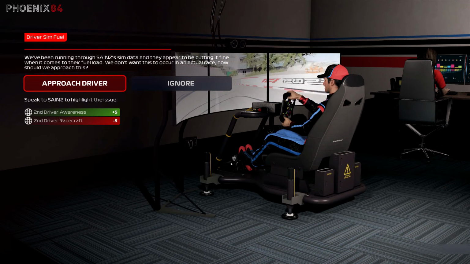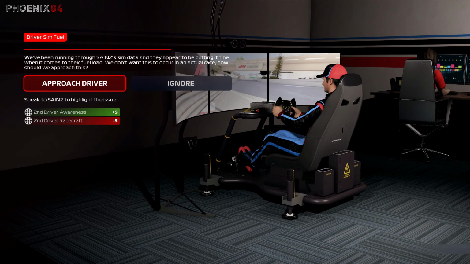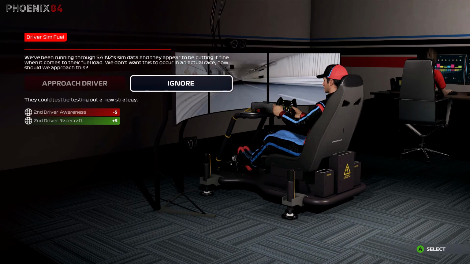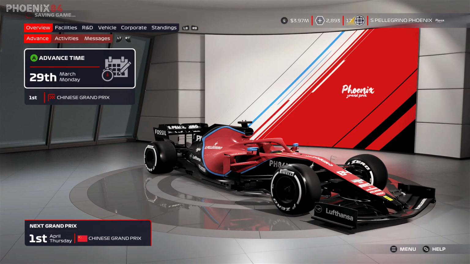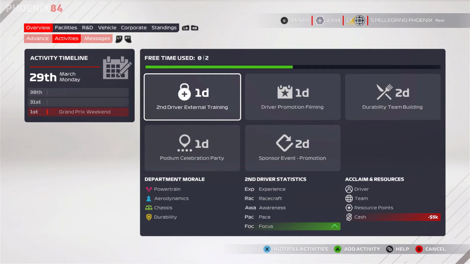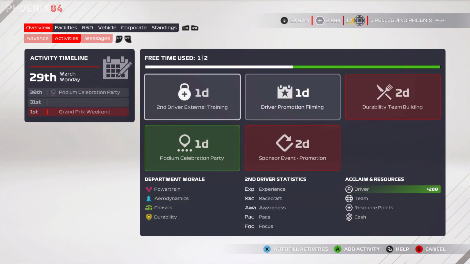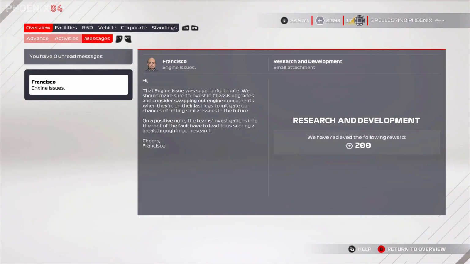But yes, we've got a dilemma. We've been running through Science Sim data and they appear to be cutting it fine when it comes to their fuel map. We don't want this to occur in an actual race, and how should we approach this? Now, we had the option to approach a driver, but that option wouldn't let me approach him, so we had to just ignore it. In terms of events, there's a short time between Bahrain and China, even though we don't actually have an